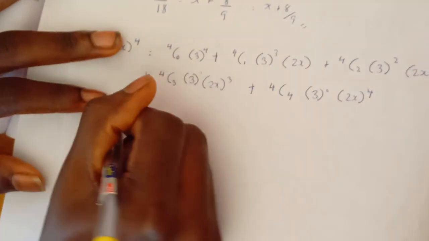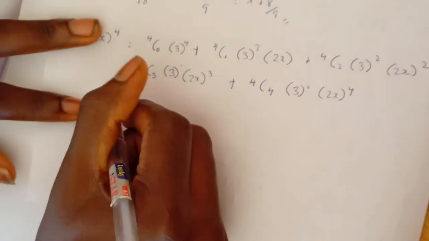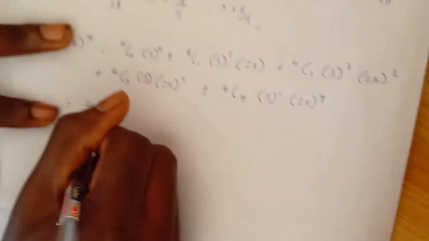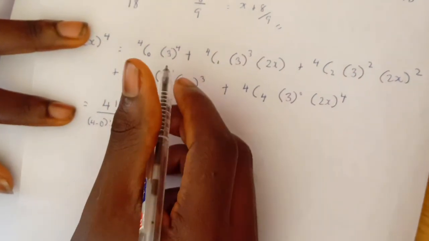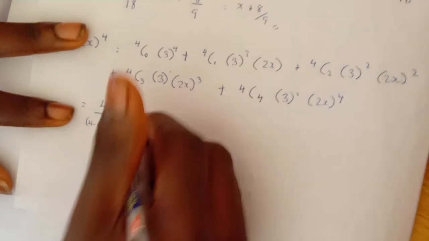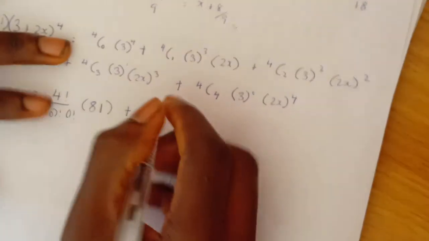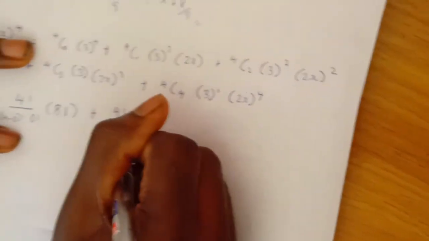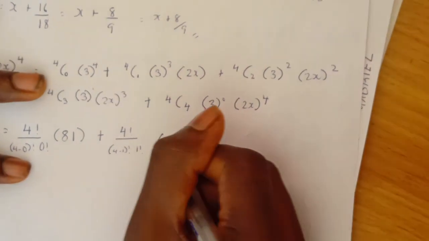Okay, let's do this. 4 combination 0 now, so let's simplify it, let's break everything down. So that is 4 factorial divided by 4 minus 0 factorial, 0 factorial, and this is 3 raised to the power of 4, that should be 81, plus 4 combination 1, that is 4 factorial divided by 4 minus 1 factorial, and 3 raised to the power of 3 is most definitely 27, so this is 27,